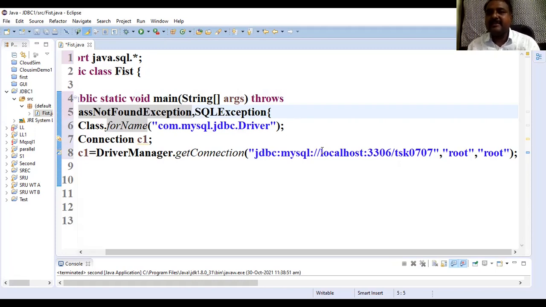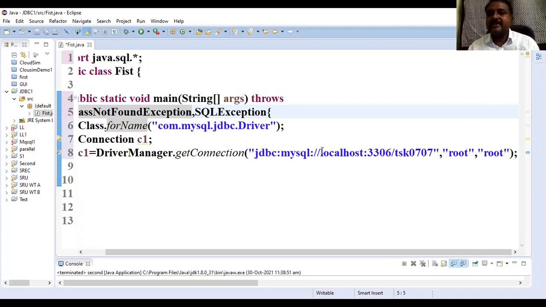If your database exists on the same computer, then I say it as localhost. And if it is on another computer, then we need to supply the IP address of that computer on which you have that database. For now, we are having the database on your own computer, so I say it is localhost.